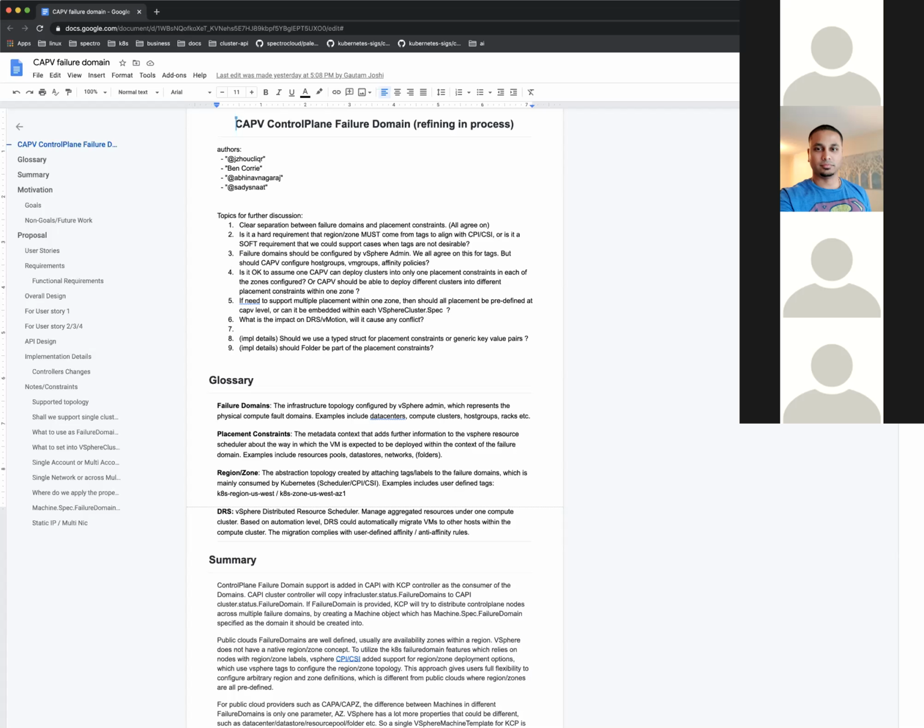Because a host could be a part of multiple host groups, it's not like we then limit the ability of the vSphere admin to change other configurations or run other workloads on that same cluster as he would see fit. If you want to use this, then you need a specific permission, like they would need for tagging VMs, which is also a completely different permission. That would be needed for failure domains and isn't currently needed.